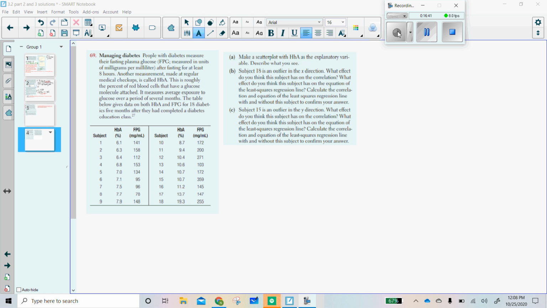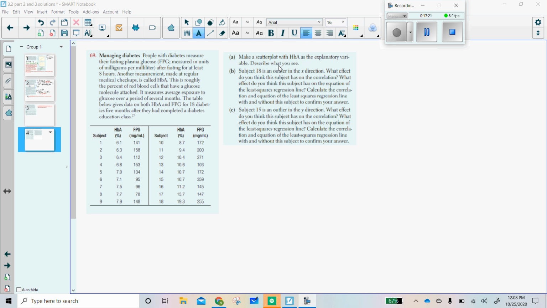Let's read the problem for a little more context. So people with diabetes measure their fasting plasma glucose, FPG, measured in units of milligrams per milliliter, after fasting for at least 8 hours. Another measurement made at regular medical checkups is called HbA. This is roughly the percent of red blood cells that have a glucose molecule attached. It measures average exposure to glucose over a time period of several months. The table below gives data on both HbA and FPG for 18 diabetics 5 months after they completed a diabetes education class. All right, so